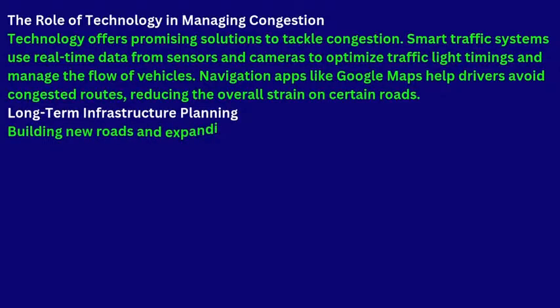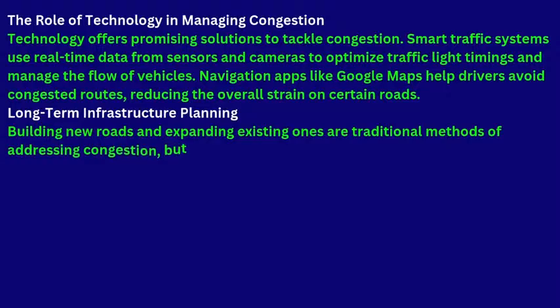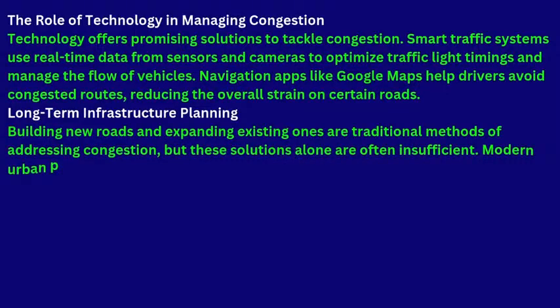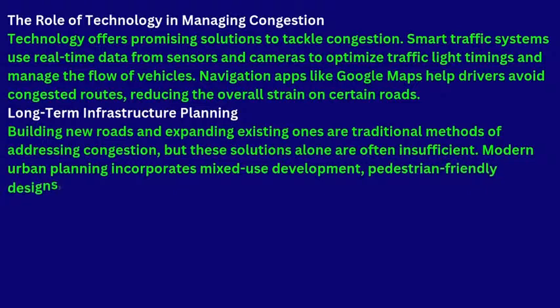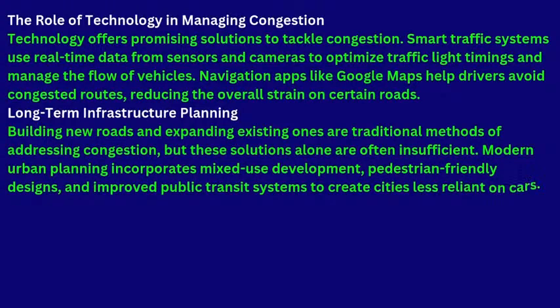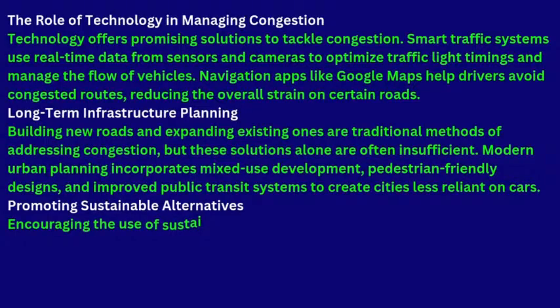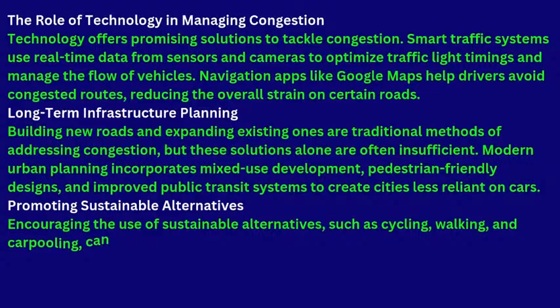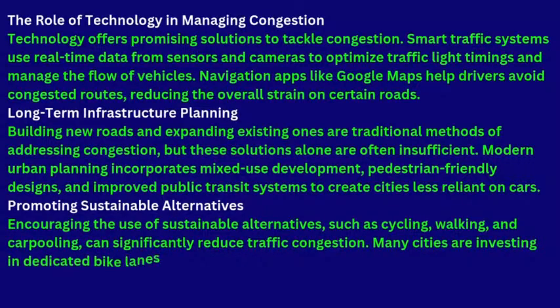Long-term infrastructure planning. Building new roads and expanding existing ones are traditional methods of addressing congestion, but these alone are often insufficient. Modern urban planning incorporates development, pedestrian-friendly designs, and improved public transit systems to create cities less reliant on cars. Promoting sustainable alternatives. Encouraging the use of sustainable alternatives, such as cycling, walking, and carpooling, can significantly reduce traffic